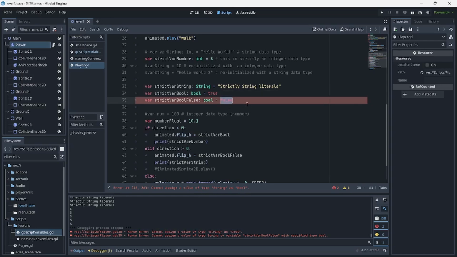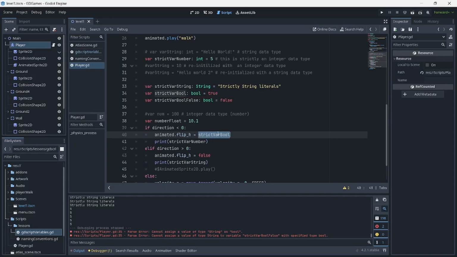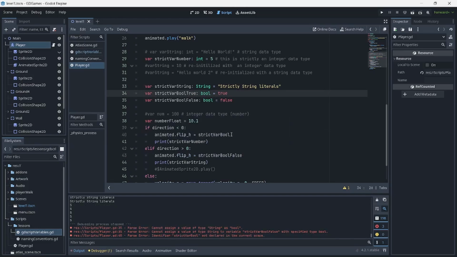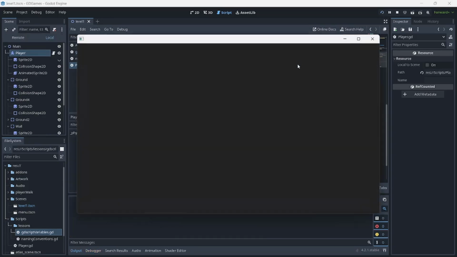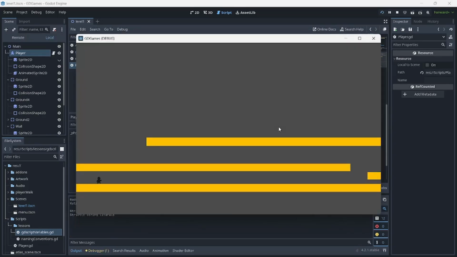So I hope that has given you an idea here about typed values. In here we are now able to use that strict var bool, and we have this strict var false. So instead of having that assigned as the word true, and this one is going to have a false, I think we should say this is true, just for the purpose of making it much more readable for us. Okay, let's see if that will work. And okay, so those are still working.